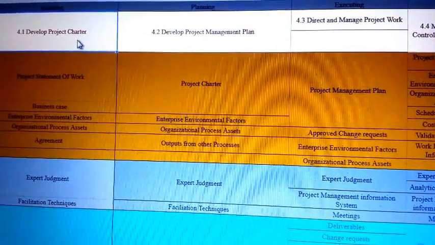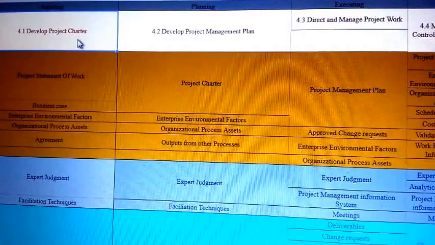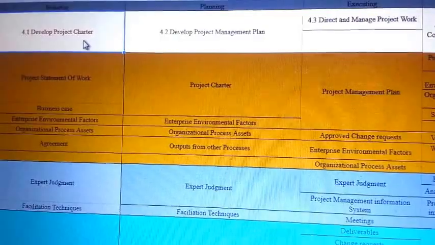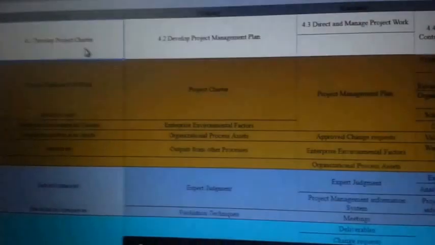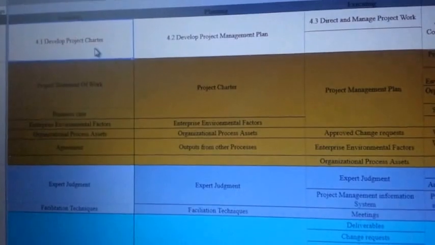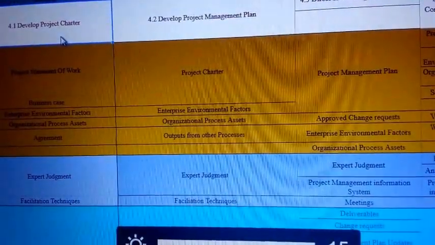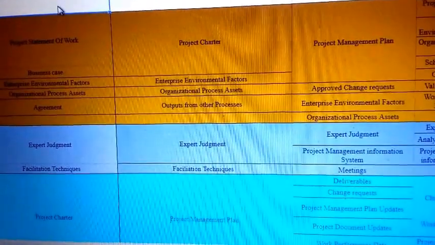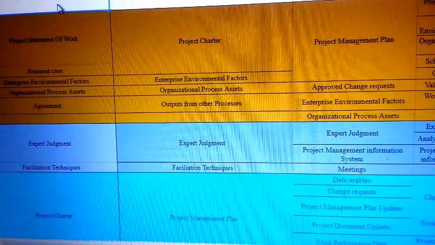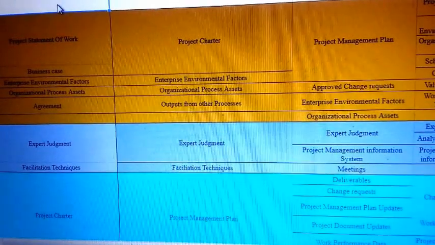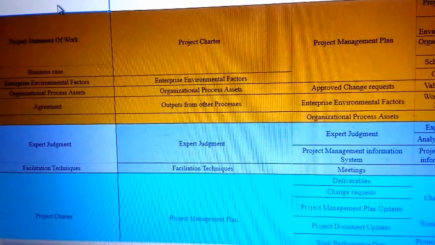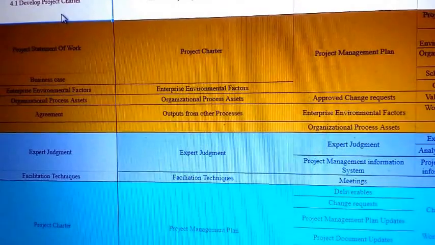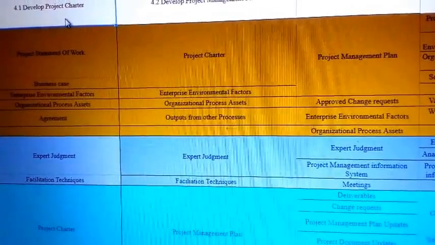So your project management plan will consist of all the subsidiary plans, the baselines, the cost baseline, the scope baseline, and the schedule baseline, as well as the methodologies that you will be using in your project. Here also the tools and techniques are expert judgment and facilitation technique, and your output will be the project management plan. And once this plan is approved, you cannot actually change anything on your project until you go through